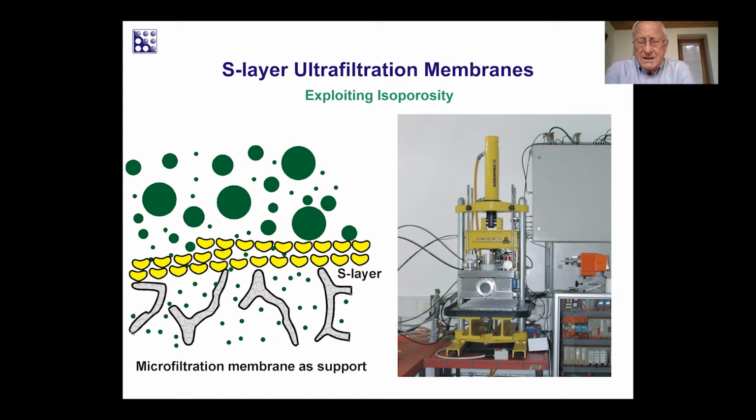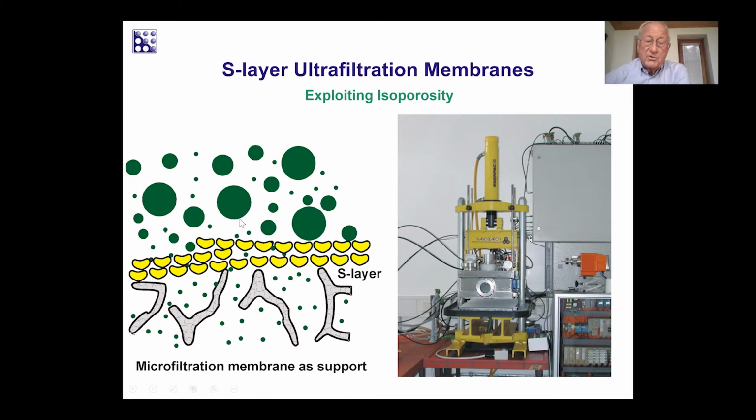But the idea then was, how can we exploit a structure which has been optimized on a cell surface in a square micrometer? How can we produce square meters? And the idea then was like tiling a roof. We deposited the S layers on microfiltration membranes, as you see here, and this was under high pressure. This is the machine we developed. It's a fully automatic, processor-controlled apparatus, and we saw that